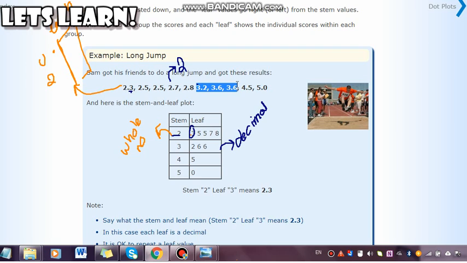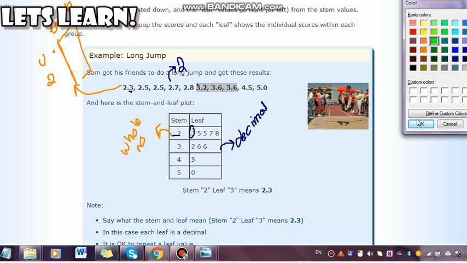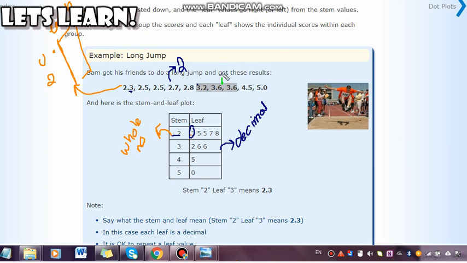Then we have a second group, having a common number in the units place, that is basically the 3 here. So here the common number in the units place is basically the 3. So I'm going to create a stem having the number 3. I'll be writing it once only. I will not write it again and again for each and every number.